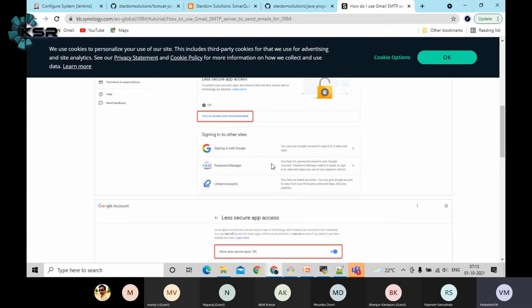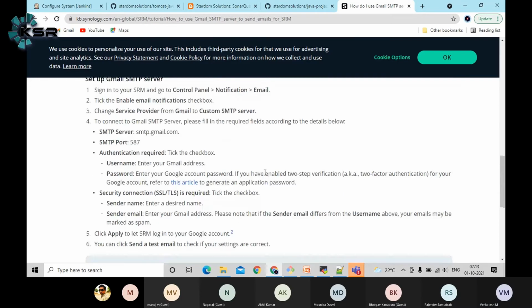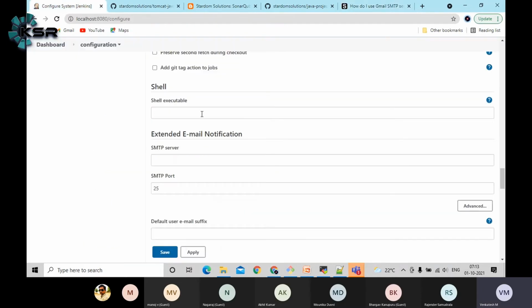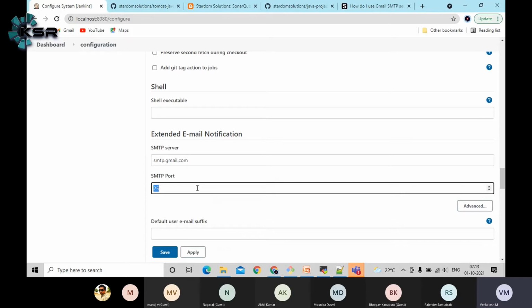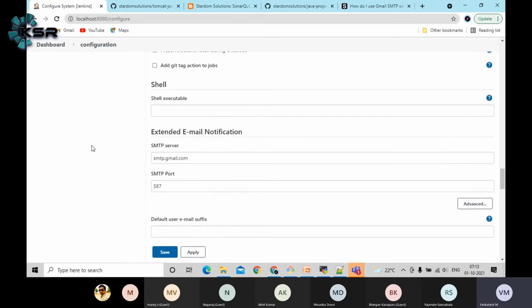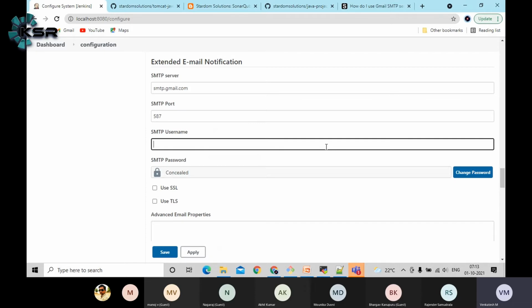This is very straightforward, guys. You just need to pass the details, that's it. SMTP server is smtp.gmail.com. I'm going to configure the SMTP detail here. That's it. SMTP port will be 587. If it is TLS based authentication, then go to the advanced section. I need to authenticate here, guys. To authenticate to Gmail, I need to pass my Gmail ID here.